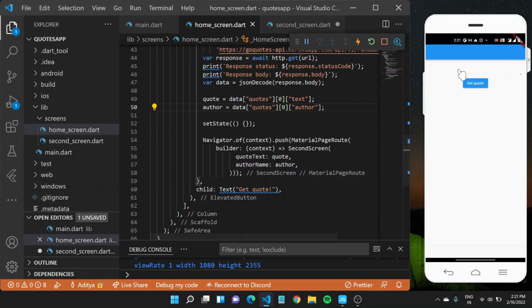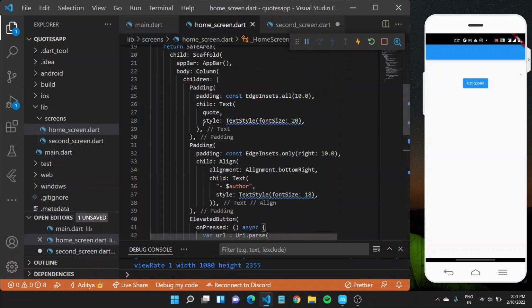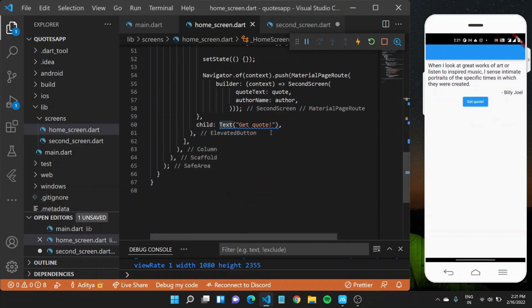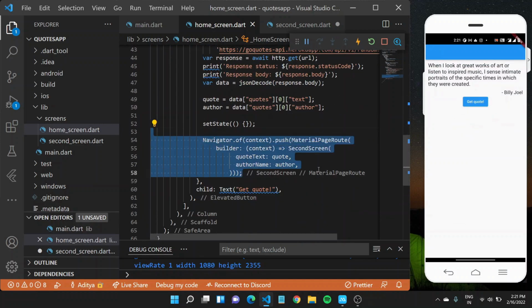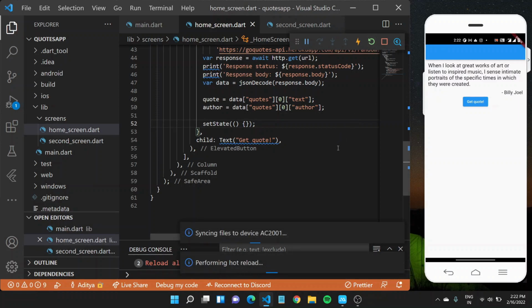After we save this, you'll see that at the start there isn't much on screen, both this text, quote and author are empty. We are seeing the smaller space up here because of the padding that we have applied. Once we click on get quote, it should take some time. You can see it also came on this screen, but if we remove this second screen navigation and we only have set state right here, if we save this file and hot reload it again,